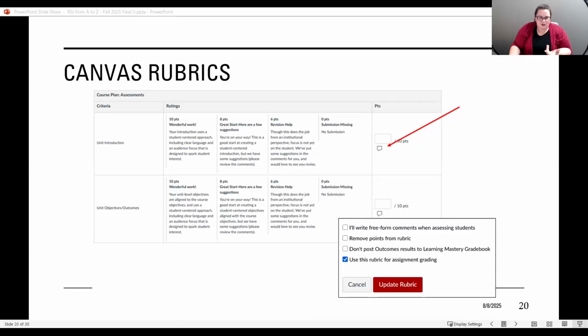And the last time I checked, it doesn't work if the students have already submitted the assignment and you go back and try to edit the rubric and say yes, use this. So you'd have to manually enter the grades in the grade book, at least for that assignment. So just keep that as a reminder.